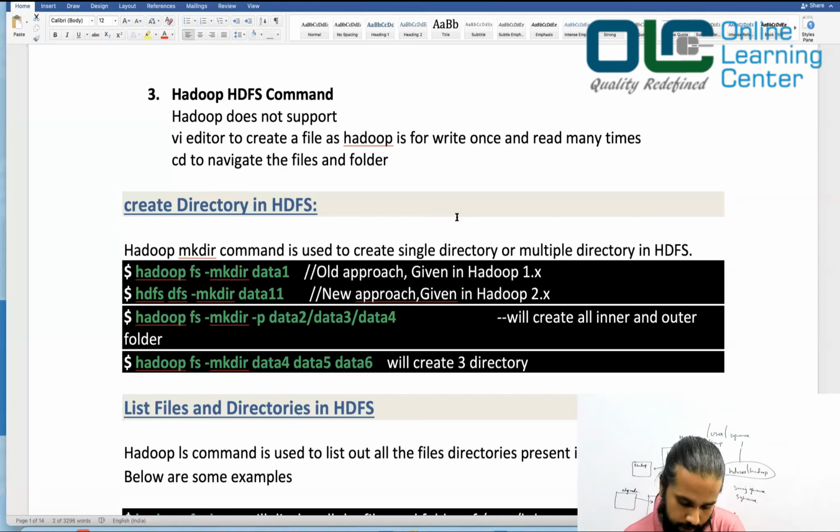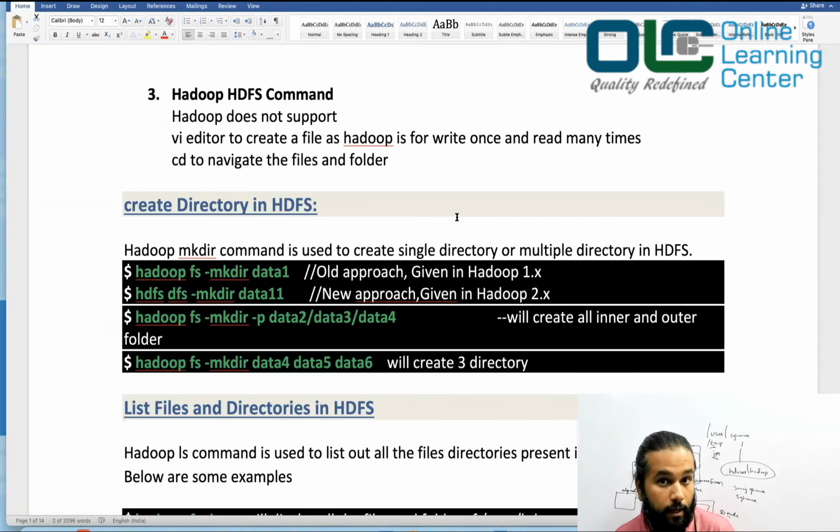So remember one thing, that Hadoop does not support the vi editor. You cannot go to a file and use vi to edit the file. The reason is because the data is all divided into blocks, right? You have no clue where exactly it is stored, and writing the data in that would be extremely difficult, because half of the data is sitting on one machine, half of the data is sitting on another machine, right? So it will be very difficult to bring the vi editor and bring everything together.